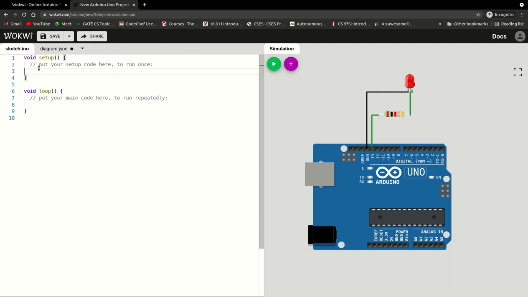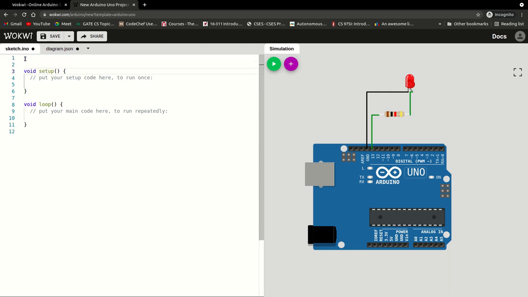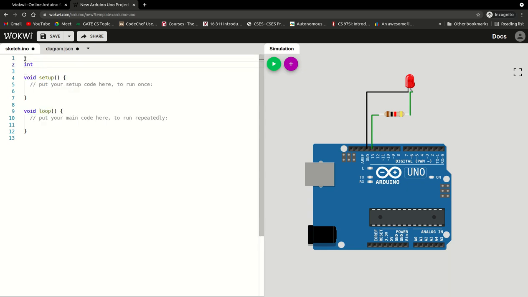See, this is the setup function and this is the loop function. The setup function of Arduino is where you initialize your pins and other things. So first of all, I'll create a variable which will hold the pin value. Since we have used 13 here, I'm using this variable. Now I will initialize the pin for our project. Since our variable contains the pin name already,